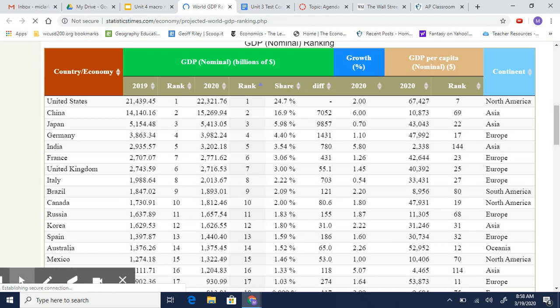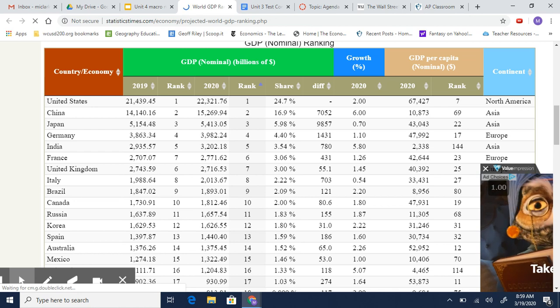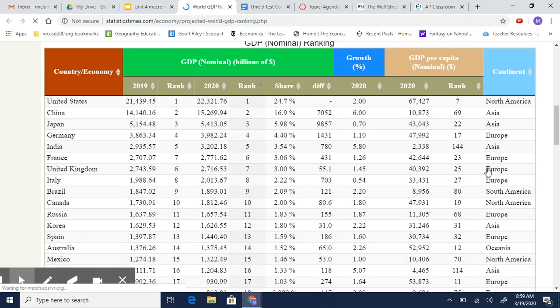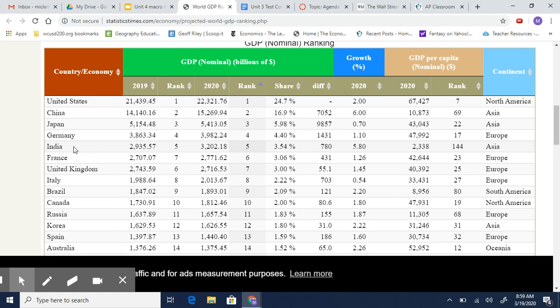In the top five, you have the United States. This is in US dollars. The United States in 2019 made $21 billion worth of goods and services. China is the runner up at $14 billion, followed by Japan, Germany, and India. If you're trying to predict who's going to be in the top five by 2050, a lot of economists believe